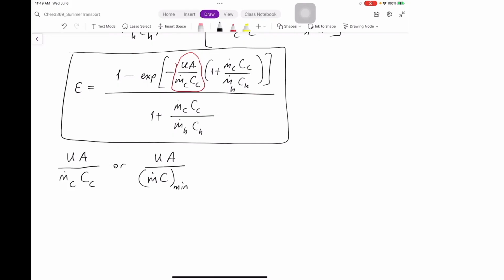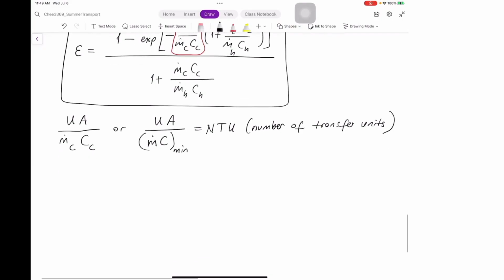I mean the stream, for the stream that gives the minimum value. We call this number of transfer units. Okay. And the larger it is, the larger the effectiveness. So meaning that the larger it is, you have a better heat transfer going on, right? And